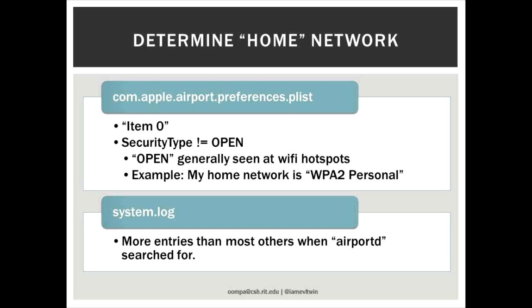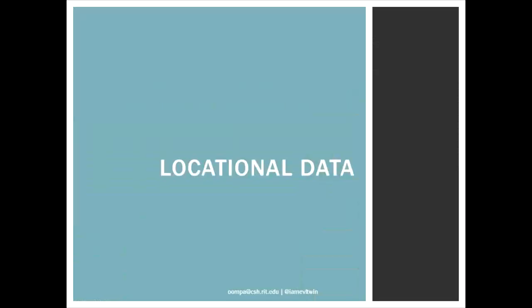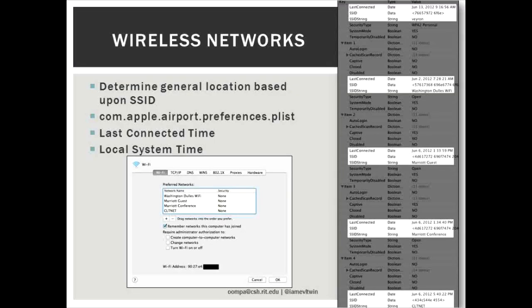And one more thing, we can look in the system logs, and this is basic investigation right here. What AP is used more than anyone else? So that might help you figure out what is your home network. And I mention this because I'm going into locational data. So trying to put the computer at a certain place at a certain time. So different wireless networks,